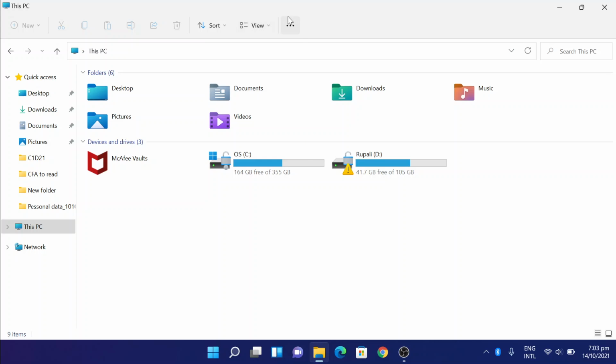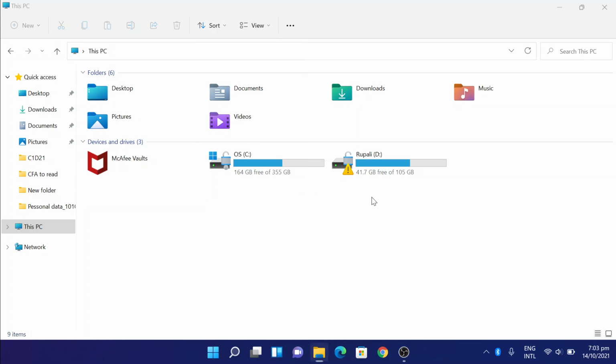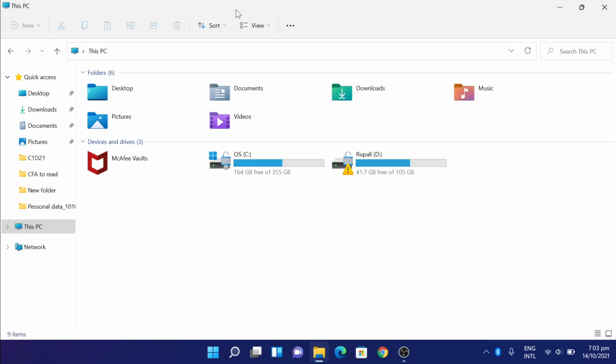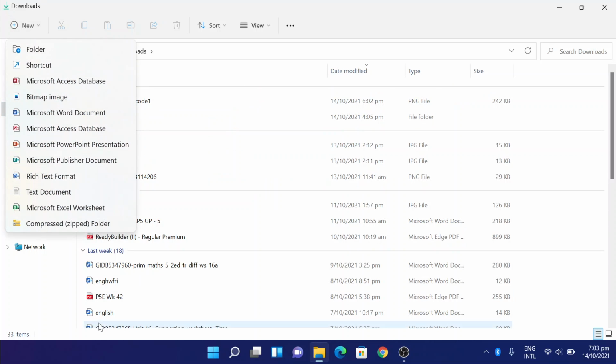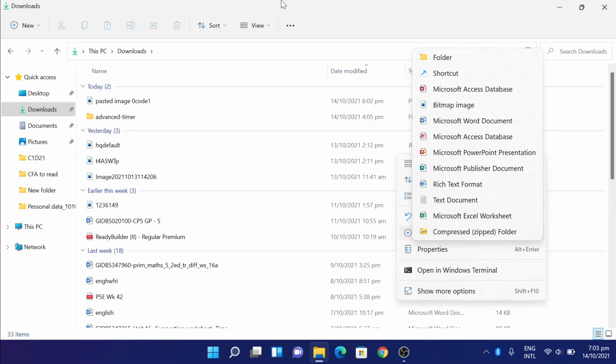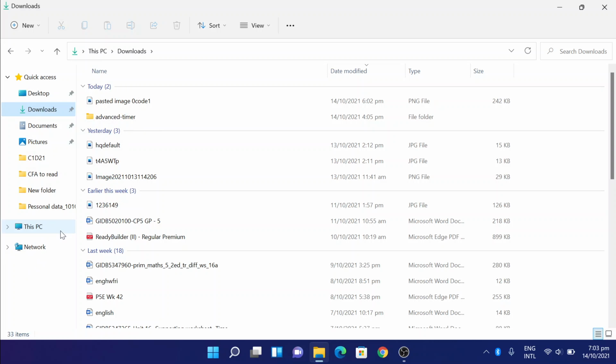And not much is changed. Like if we go to properties, it's much the same, nothing so different. So yeah, the file explorer is okay only. For example, if you go to downloads, the new thing is good also. So you just right click and click new and do it. You can just click the new thing up there and you can add anything. That's also a cool feature. Okay, now let's move on to